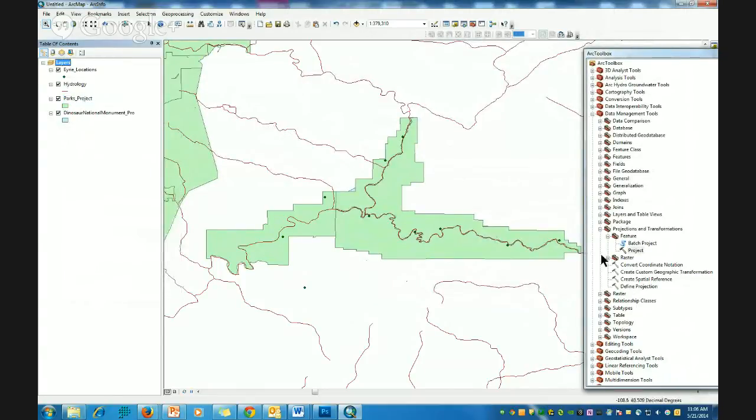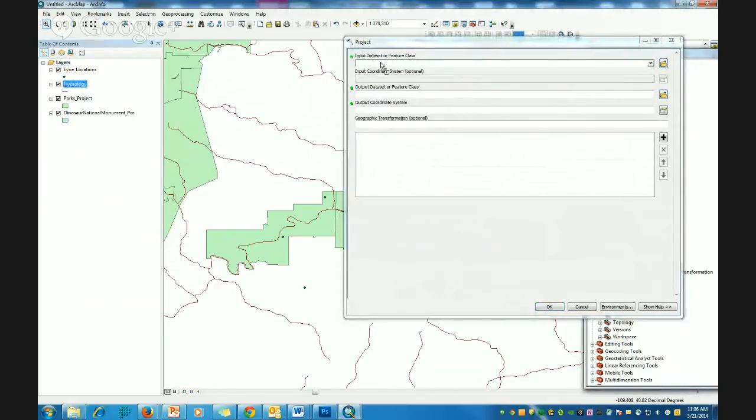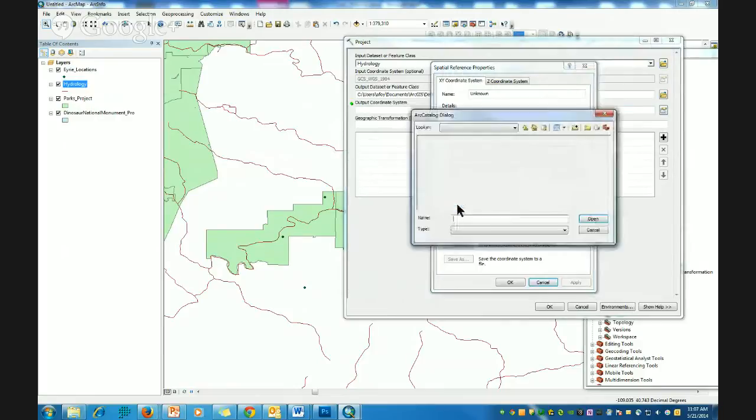Then we'll do the hydrology file. But what we're going to do a little bit different here is we're going to import or steal a projection from another layer, and this can be a very helpful time-saving technique. So again, I want you to hit the Browse button, but instead of going through that big long list, we can simply hit Import,